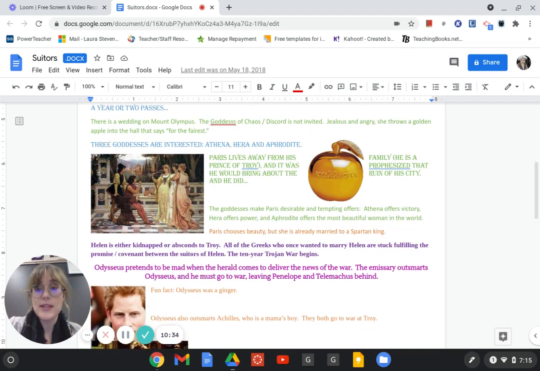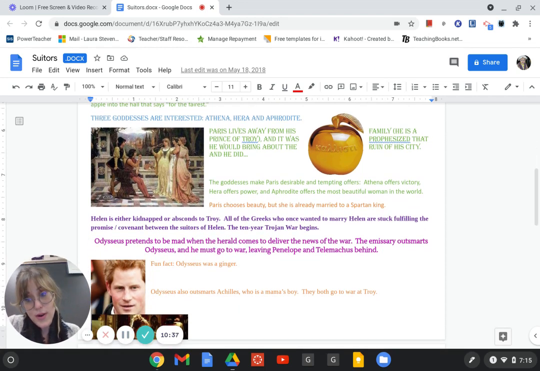So then Odysseus, when he's called to war, because he would have been one of the possible suitors of Helen, had already settled down with Penelope, and they have a son, Telemachus, however you want to say it. But he ends up pretending to be mad, and a messenger finds out that he's not really mad. And then Achilles is dressed as a girl, we know, and his mom doesn't want him to go to war because there's a prophecy that says if he goes to the Trojan war, he will end up getting an untimely death,